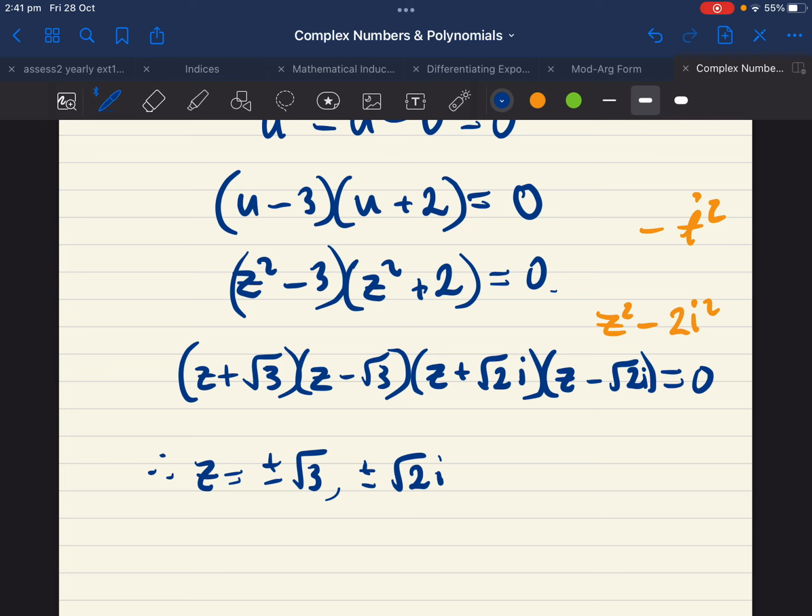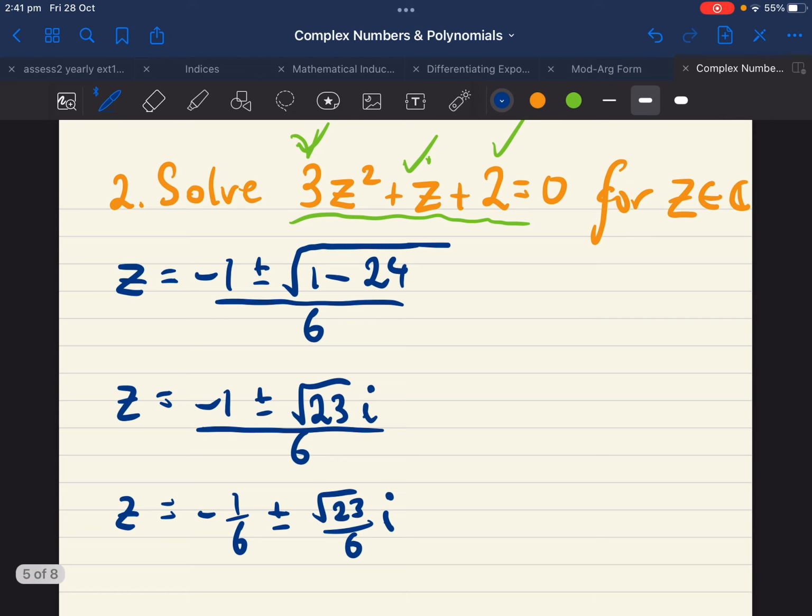Hopefully that made sense. If you do need to pause and go back and re-listen to any particular parts, feel free to. If anyone was super curious about how you would actually go ahead and factorize this expression, like if you wanted to use completing the square for all questions, you absolutely totally can. Just make sure when you do it, you want it to be monic. So I would start off by, and again, I encourage you just to use the quadratic formula here, just like we did in the official example. But if you were curious,